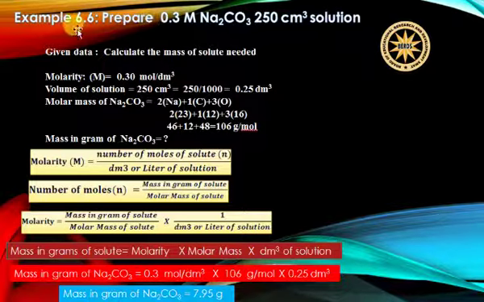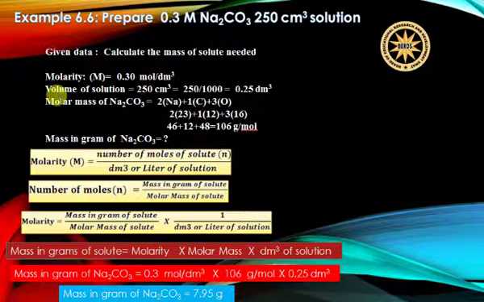So from this example, here we have the given data. Calculate the mass of solute needed. We don't have the solute mass here. The mass of solute is required, so we do not know what the mass of that solute will be, so we need to calculate it. The molarity is 0.3 mole per decimeter cube. Here the molarity of sodium carbonate is 0.3 molar, so this value 0.3 molar per decimeter cube comes from the